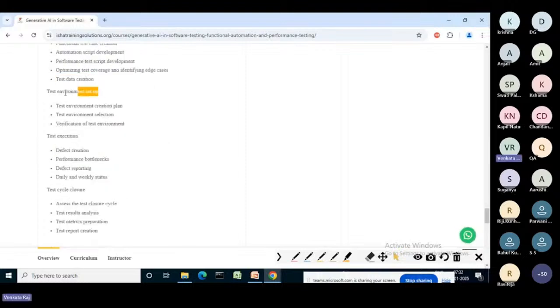Then test environment setup. In test environment setup, we will see how we can create a test environment creation plan, what all test environments to be selected, how to verify the test environment, right? So those are the things. Next, guys, test execution. So how to create defects,